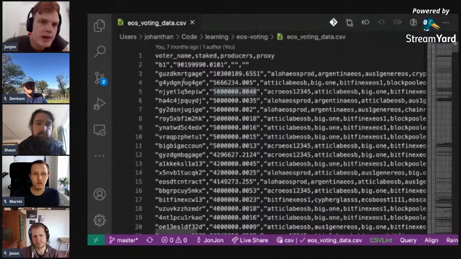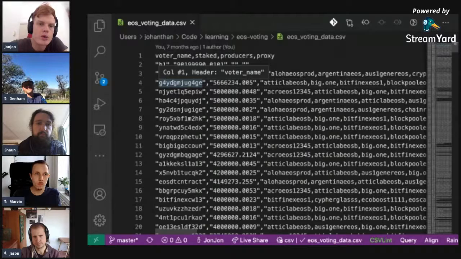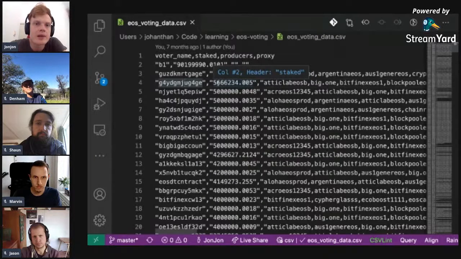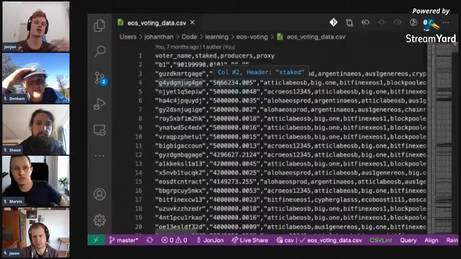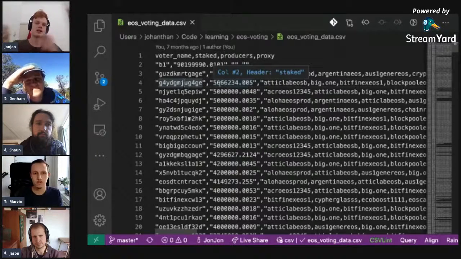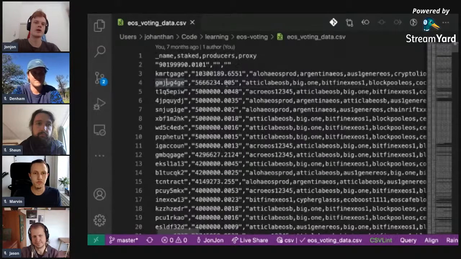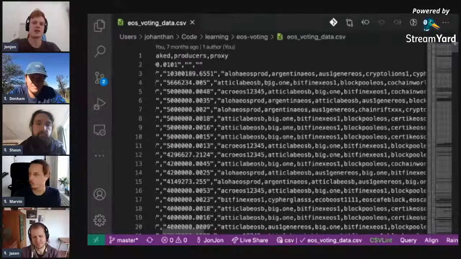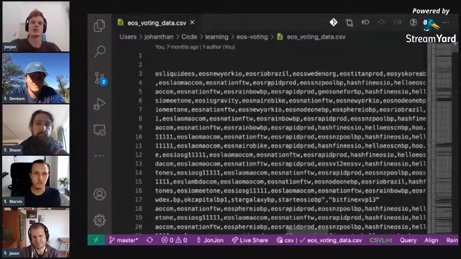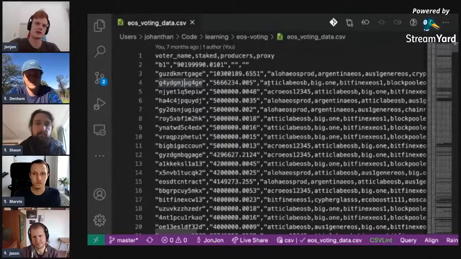So just imagine this was a person and this was called Sean. Sean has staked, let's say, 5 million EOS. So you have 5 million EOS in your own account. Imagine you had 5 million Ethereum, and you put this in a staking contract, and this now gives you 5 million votes, and you can vote for up to 30 different block producers with your 5 million votes. So this is the list of the 30 block producers that this person has voted for with their staked EOS.